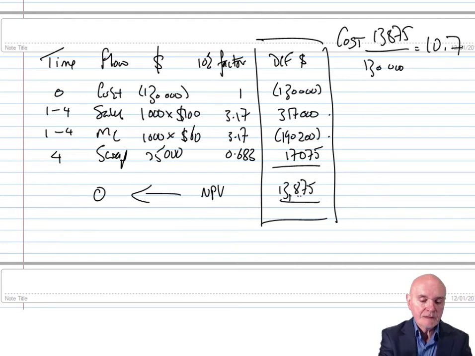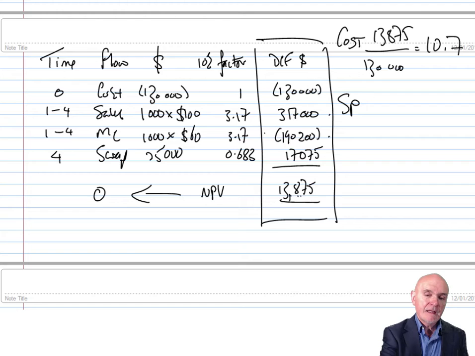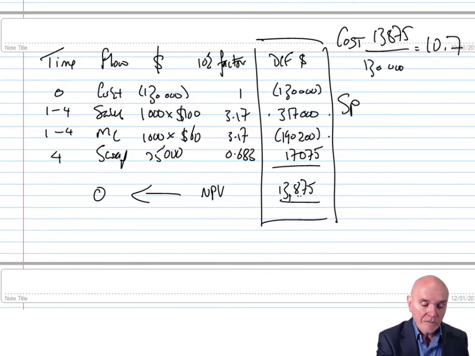Let's look at selling price. You think, well, what would changing my selling price, currently 100, do to any of the figures in this column? And the only one that's going to actually alter is that 317. If you were to decrease your selling price by 10%, from 100 down to 90, you would decrease your discounted cash flow from revenue by 10%. So the percentage fall we can tolerate is